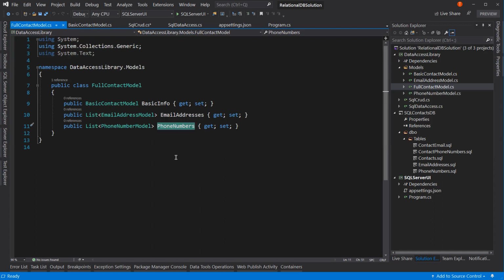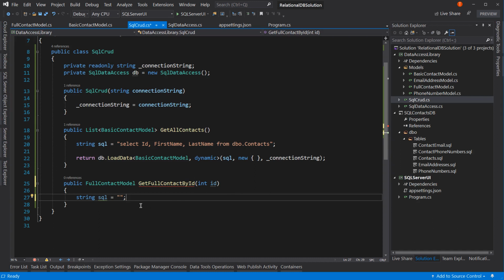Okay, so it's not easier from a SQL perspective. It's still doing the same thing that we're doing. It's just that it's doing it for us. So there is a little bit of extra work we're going to do here. Okay, so what we're going to do first is get our basic contact information, which means we can actually just